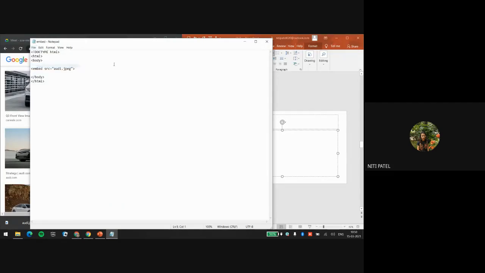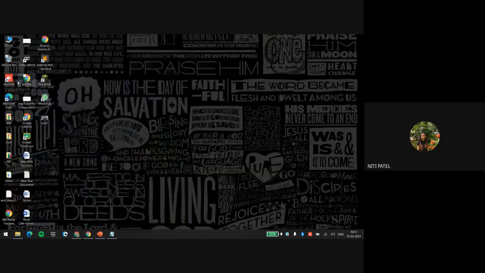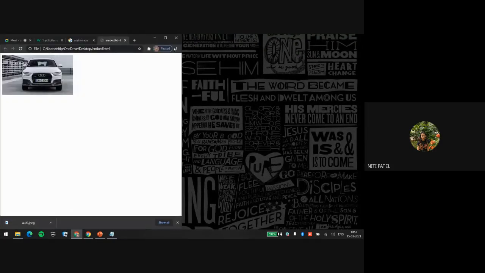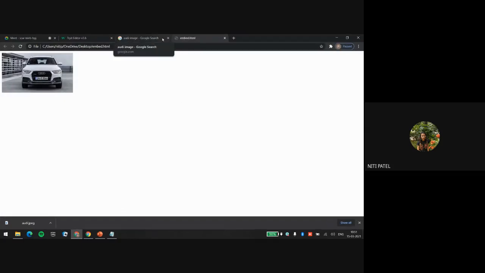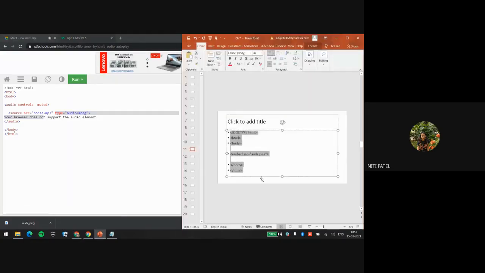I save this program and let us execute it and see whether I'm able to see the same image or not. So where is the file? Embed. When I execute this embed file, can you see that image? Are you able to see the image? So what we have done is we have embedded an object, and that object is an image, inside the HTML, but not by using the image tag, but by using the embed tag.